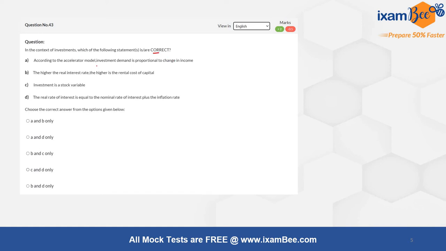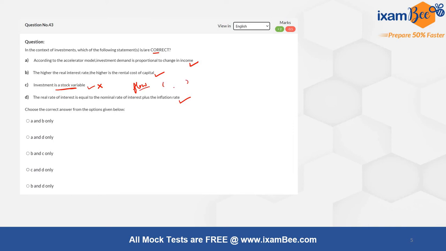A: According to the accelerator model, investment demand is proportional to changes in income. B: The higher the real interest rate, the higher is the rental cost of capital. C: Investment is a stock variable, and D: the real interest rate is equal to the nominal rate of interest plus the inflation rate. So clearly, investment is not a stock variable, rather it's a flow variable, because investments are